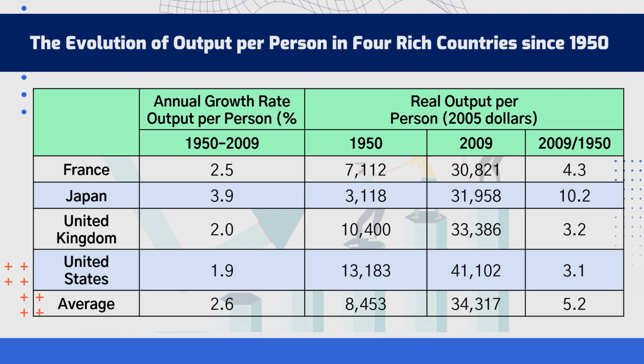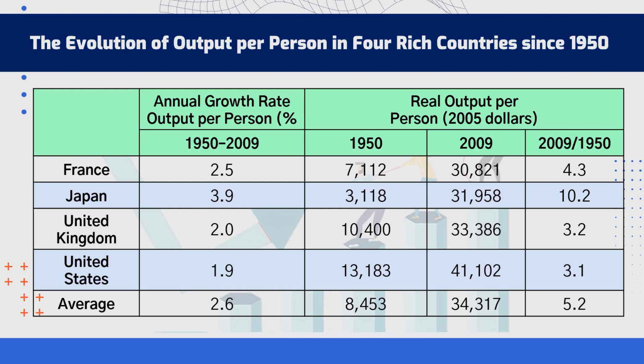Understanding the evolution of output per person is essential because it directly relates to the quality of life. When output per person increases, it usually translates into better healthcare, education, and overall living conditions. It also provides policymakers with insights into which sectors or reforms can further stimulate productivity. In summary, this slide encapsulates the long-term evolution of economic performance in terms of output per person, offering a clear window into how historical growth rates translate into real improvements.